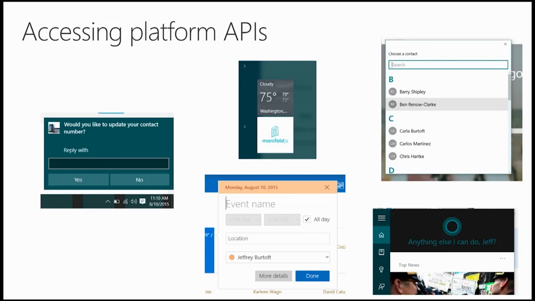You want it to use the capabilities of the device and the platform it's running on. In this specific case, the Universal Windows Platform has hundreds of APIs available to you